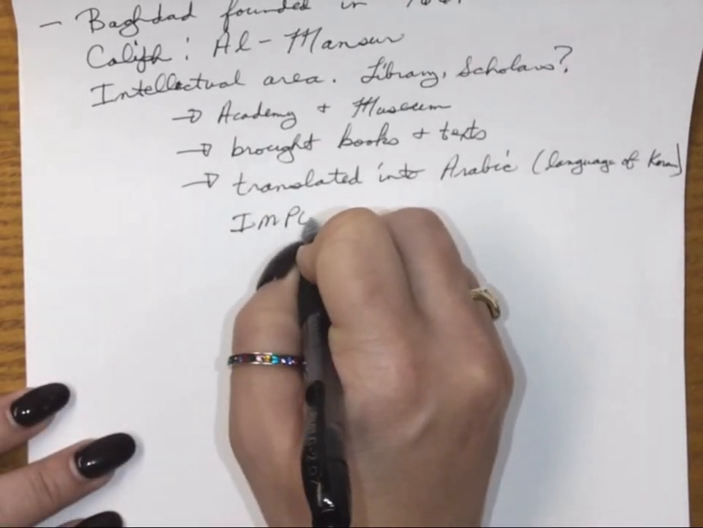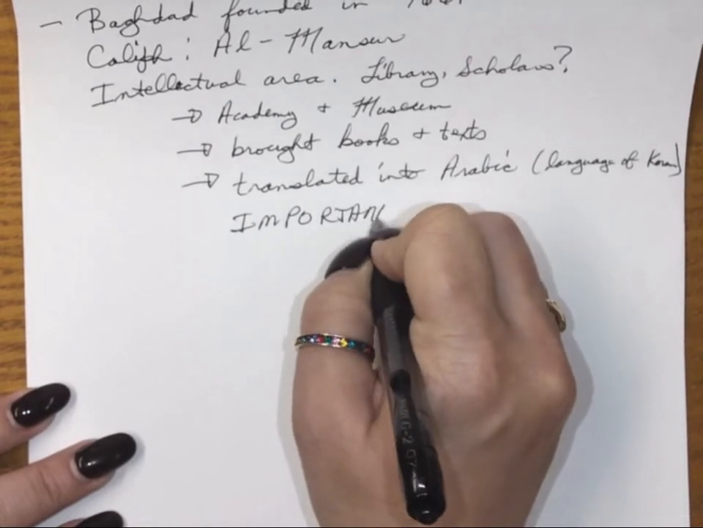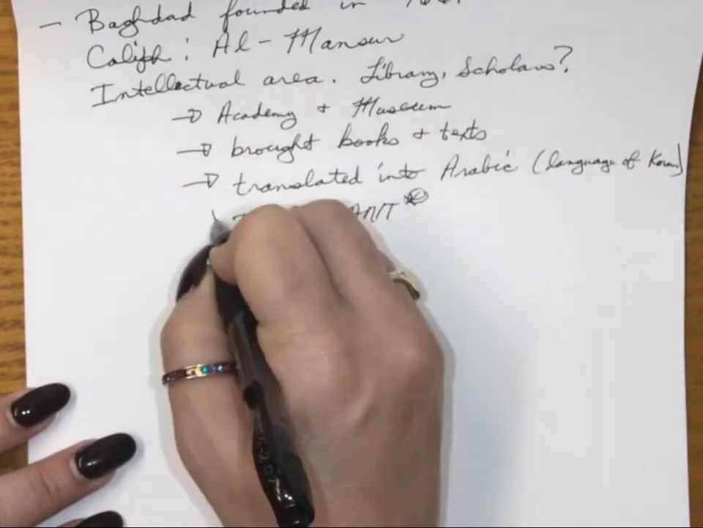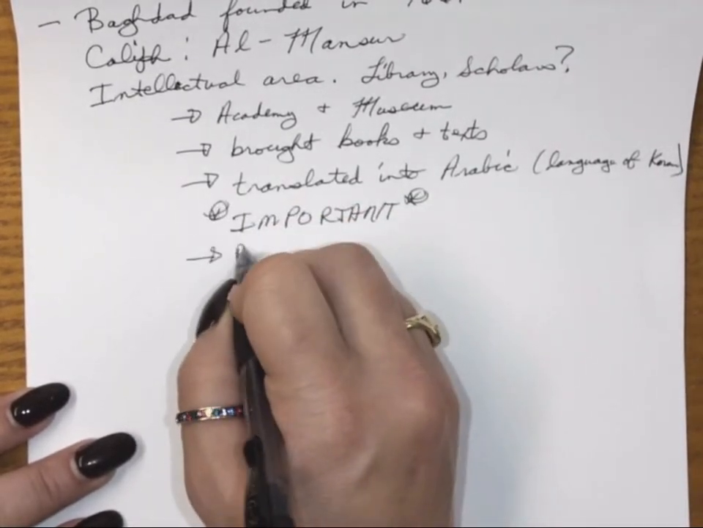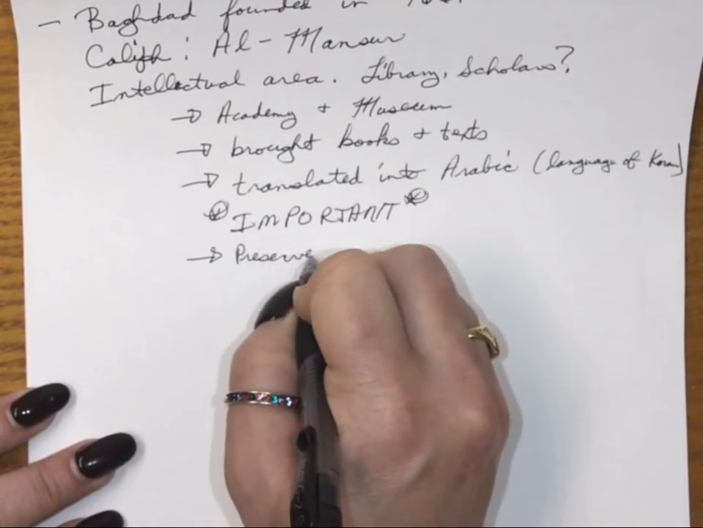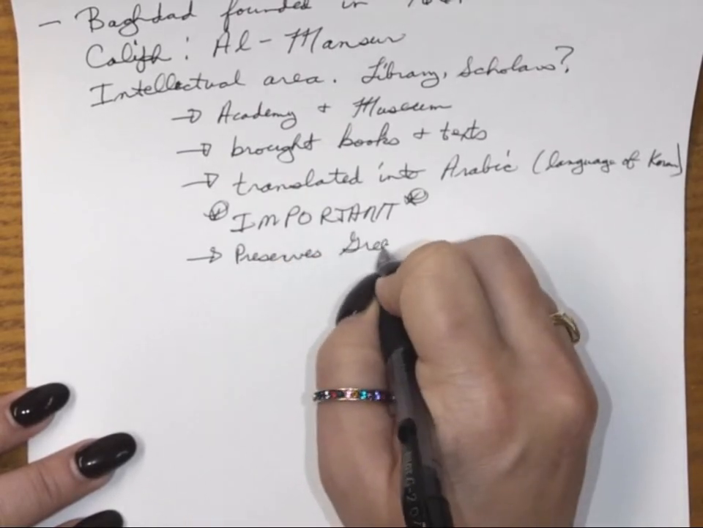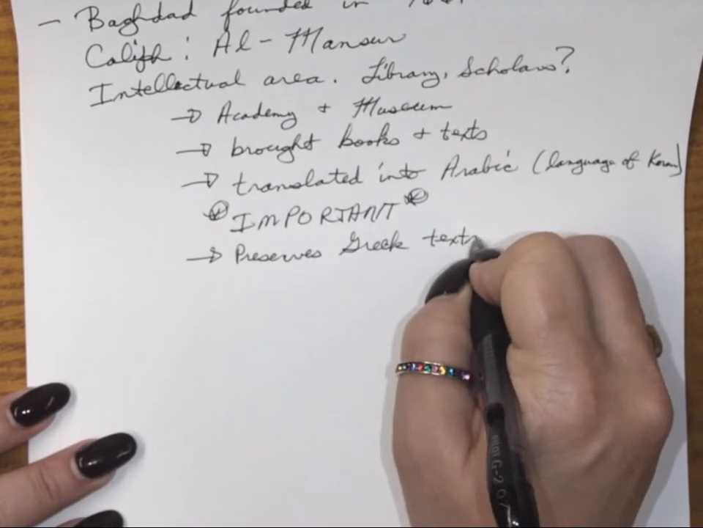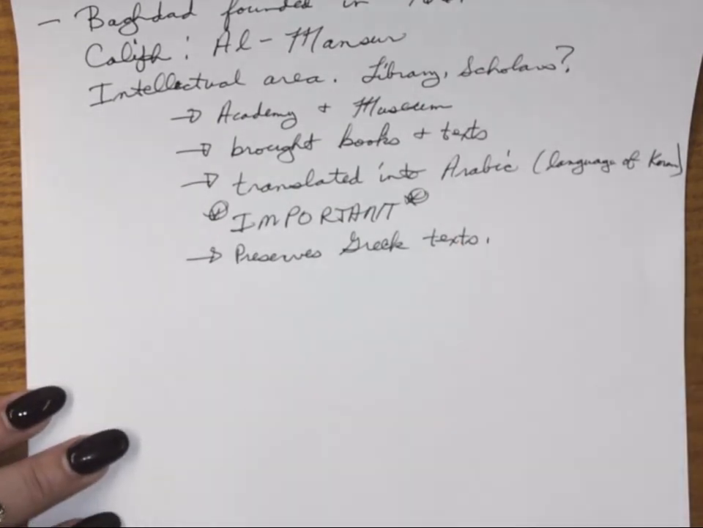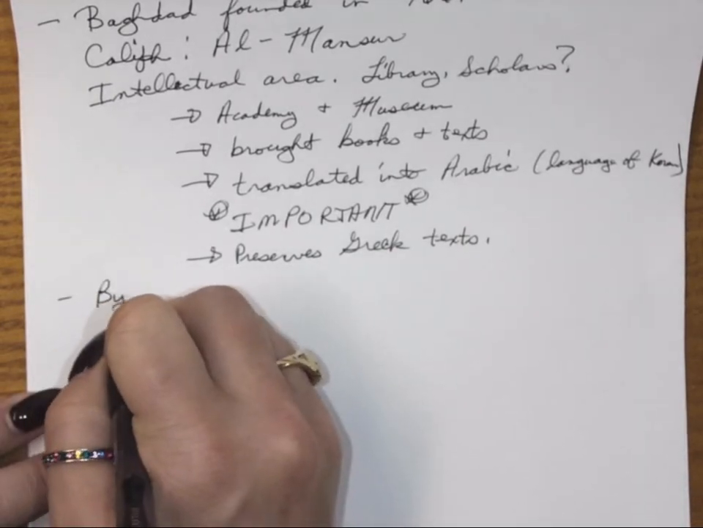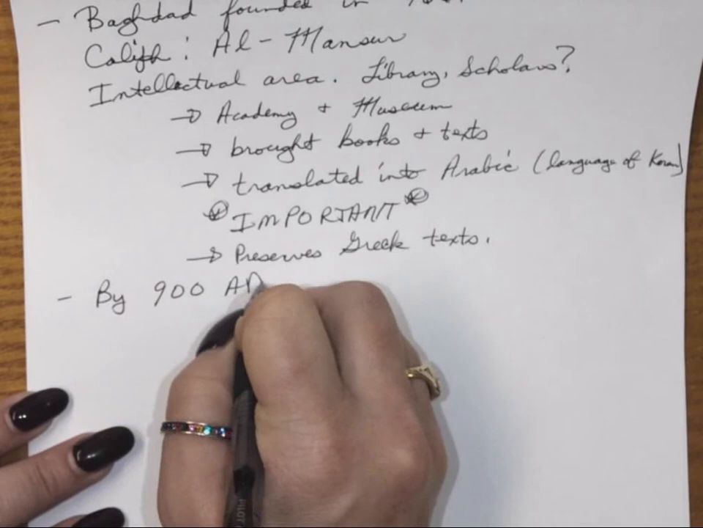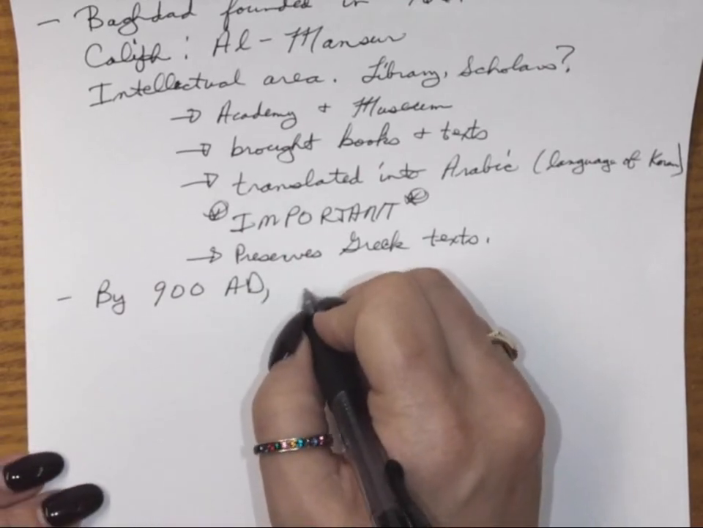So I will say this, mark it off, because this is how we preserve Greek texts. Okay, so this is how some really important things get translated. It's said that by the year 900, there were many translations